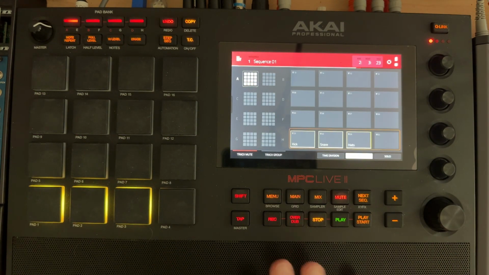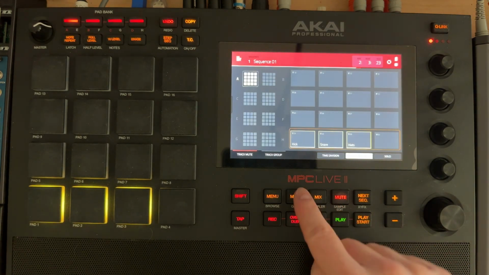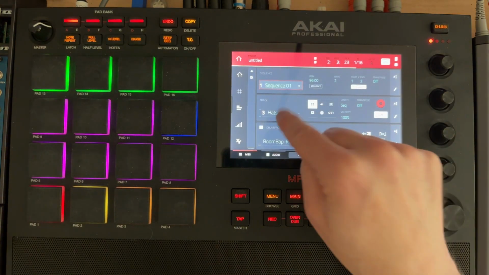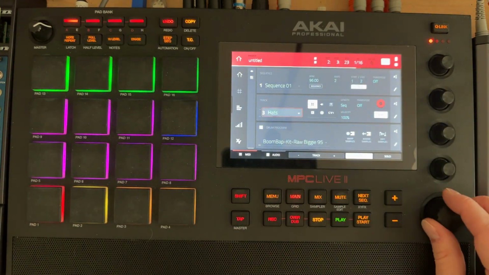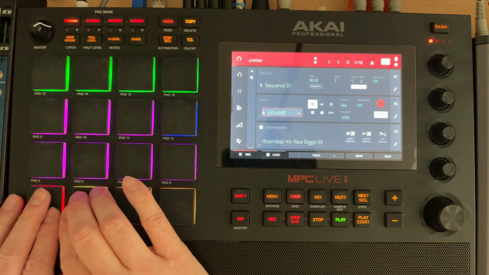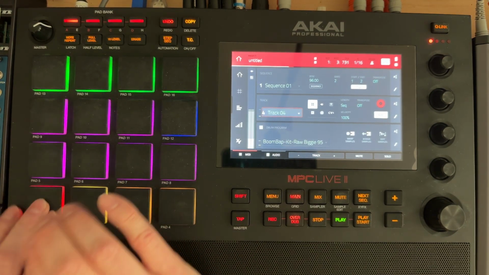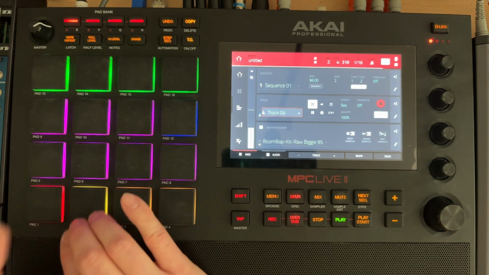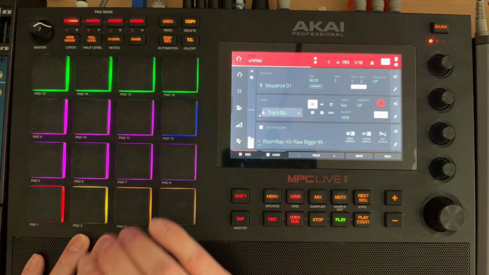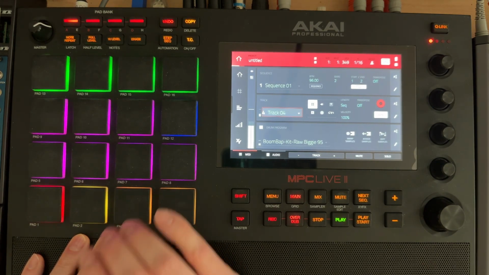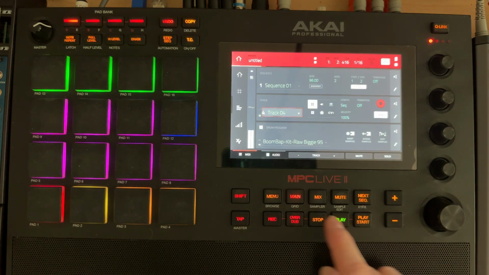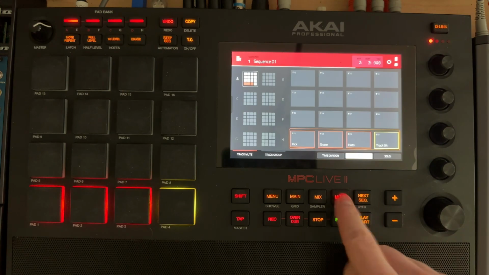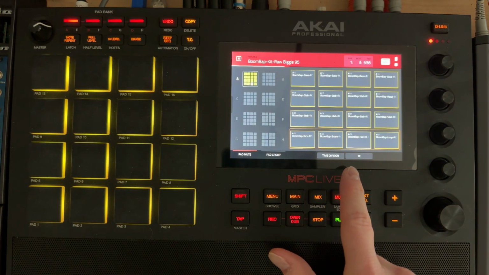Although I will note, and the thing that I've talked about in the past, is the MPC usually has multiple ways to do stuff. So what would it look like if we didn't do this? Let's go mute all of these. I'm going to mute all of them. I'm going to go to track 4 and let's just do the same thing. So I just basically more or less recreated the track. It's not exactly the same, but I can come in here. If I hit mute again, I can now see,